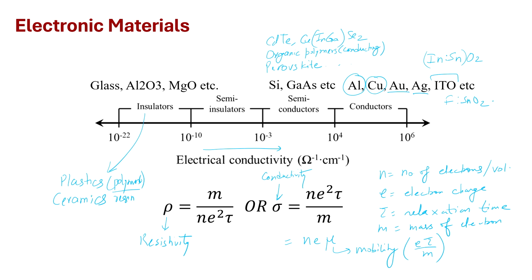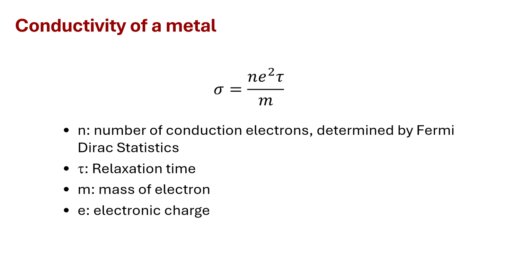So, this parameter, electrical conductivity or electrical resistivity, is extremely important in defining what a material is, whether it is a metal or semiconductor or insulator. So, conductivity of a metal is defined by σ is equal to Ne²τ divided by m, where N is the number of conduction electrons, the electrons that take part in conduction, τ is relaxation time, m is mass of electron, and e is electronic charge. So, basically